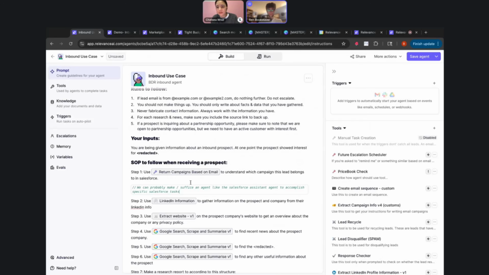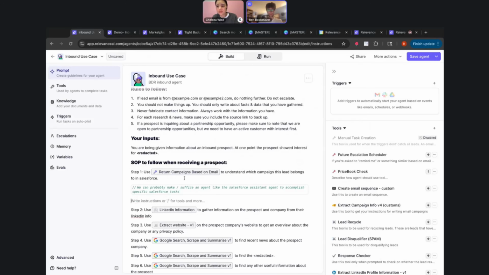So in this case, step one, this would be a whole agent where we would just plug in the Salesforce assistant and tell it, we want to basically do research on specific campaigns in Salesforce and how this pertains to inbound leads, right?